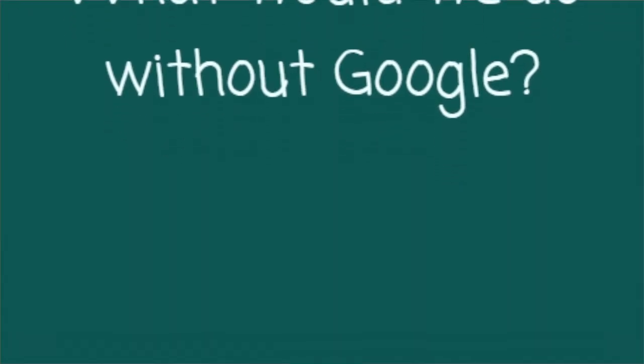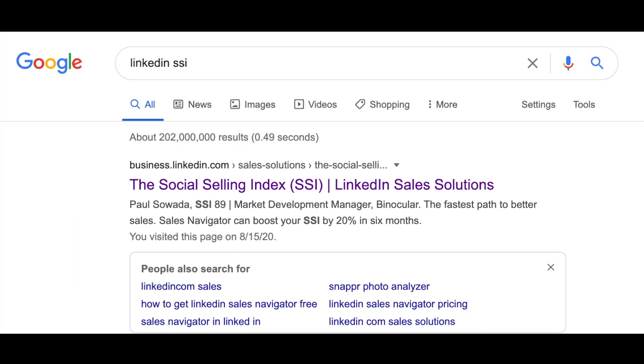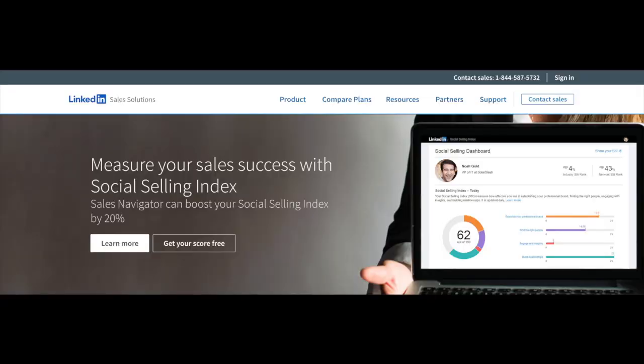Now, where do you access this tool? It's pretty simple. When you don't know something, Google it up. That's what I did initially when I came to know about this. So I just typed Google, SSI LinkedIn, and then there's the first tab which comes up. I open it up, and then there it says get your score right now. You hit it there, and then it will ask you to log in your information, and then once you log in, you actually see your score.